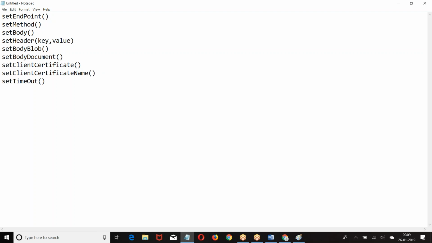I hope you're good. These are the major methods. Now let us do some examples. Now make an HTTP request.